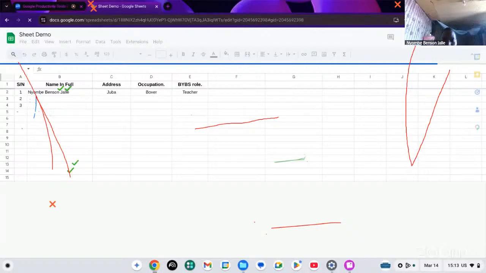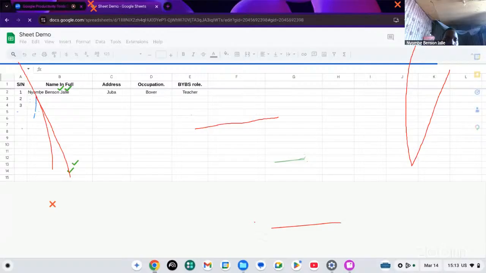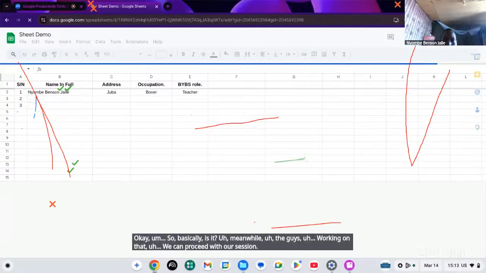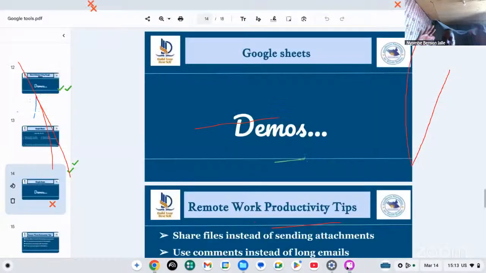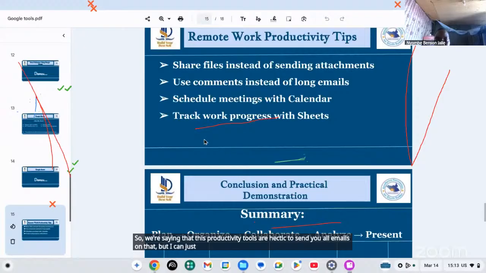Okay. So this is it. Meanwhile, the guys are working on that, we can proceed with our session. That was the last tool that we wanted to present. So we're saying that these productivity tools, you don't have to send emails on that, I can just send a link. Okay, send a link. All the information is working simultaneously, and it will help us to save